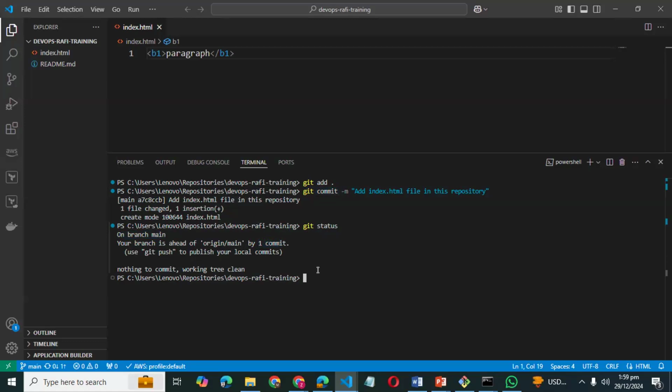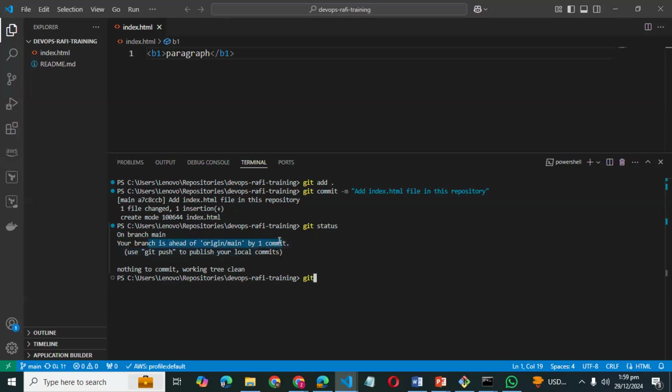So what command do we need to run to push our local changes into the GitHub repository? Yes, git push. If you see here, it is also telling you your branch is ahead of origin by one commit.